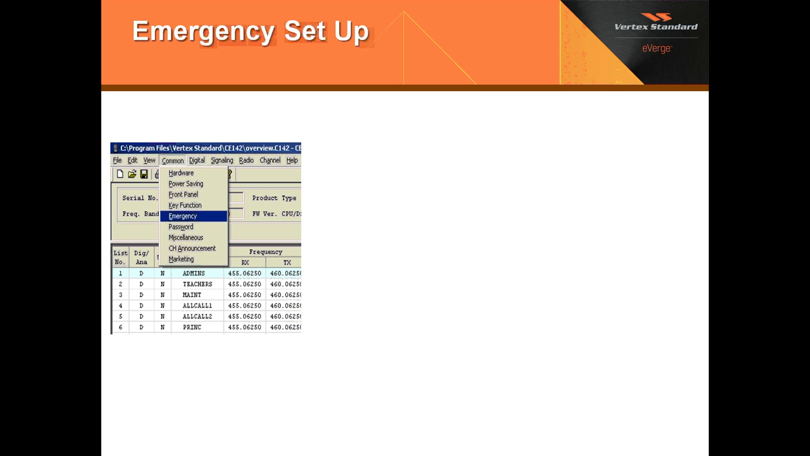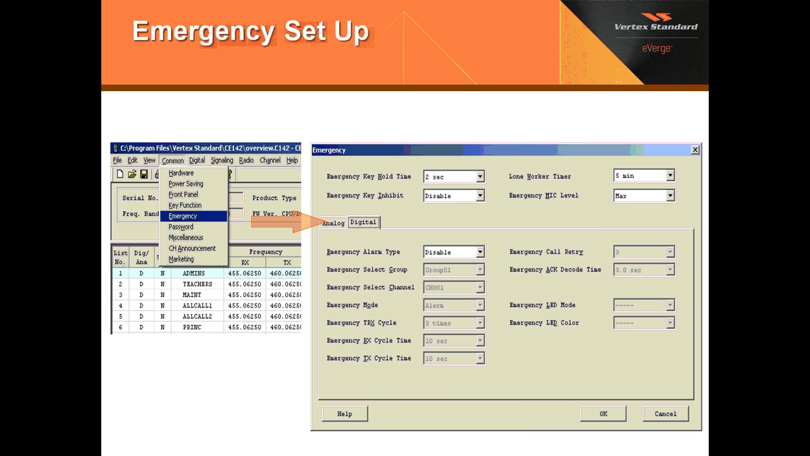Now we're going to go over emergency setup. First off, you're going to click on common, then emergency, and then this window here will pop up, and you're going to want to go over these 4 features here. These 4 features are for analog and digital operations. After setting them appropriately, you will then select the digital tab, and this window will pop up, and you can go through and set these 4 features, your basic features for